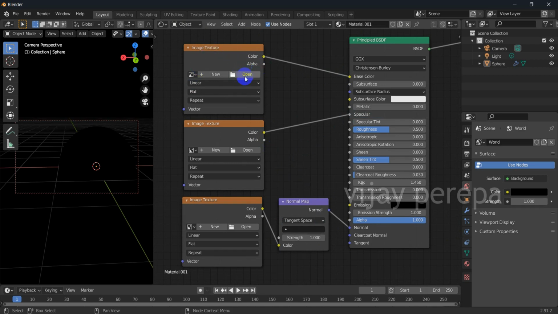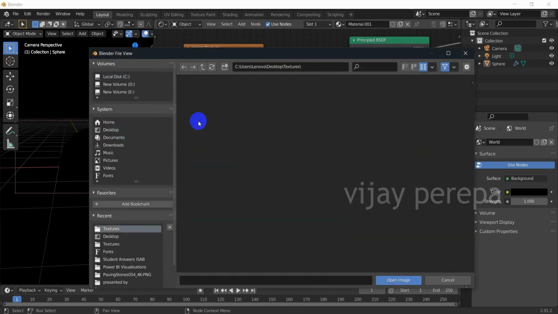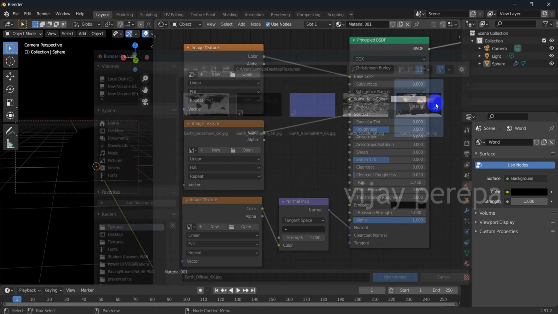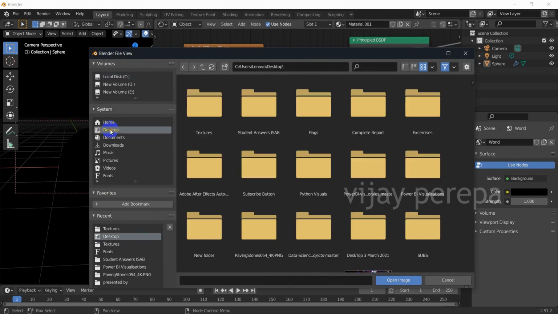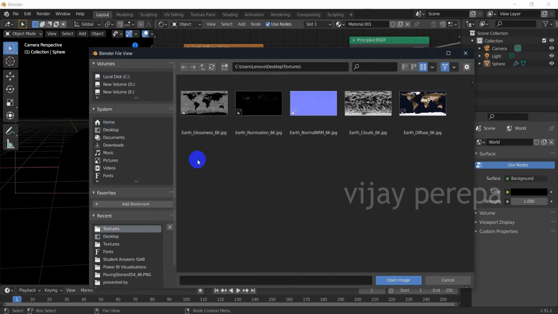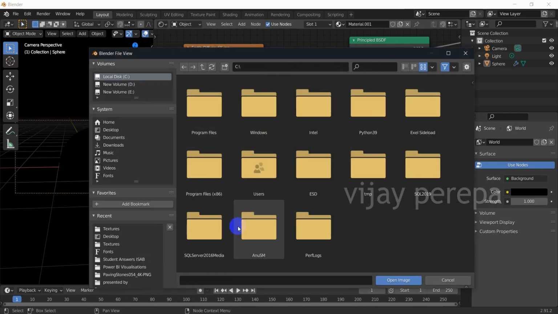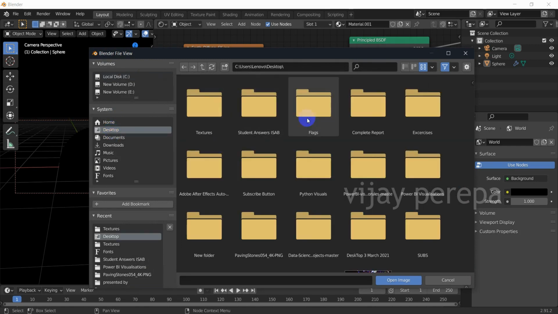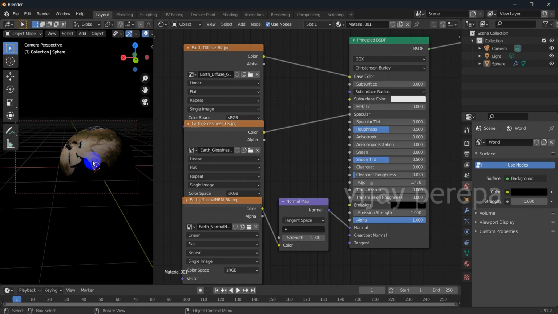So first image texture, open, select the textures, and then add the basic texture. Then I need to add the next texture, that is glossiness, and then finally I need to add the normal texture. You can see now the texture is added in a proper manner.